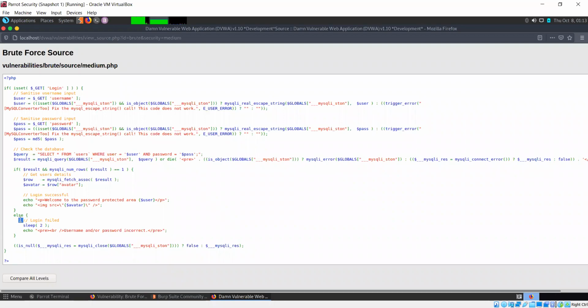But if your login fails, if you have entered the incorrect credentials, there is a command sleep 2. So this will put the server to sleep for 2 seconds. For those 2 seconds, it is not going to process any incoming requests.